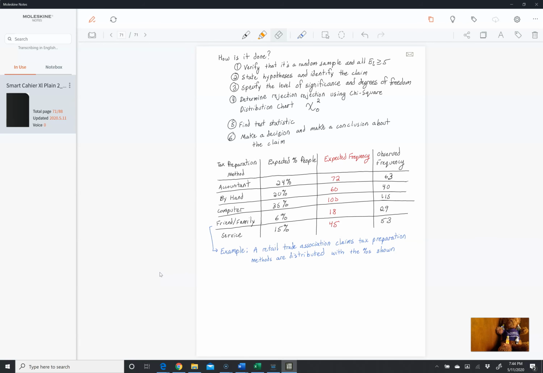Okay, the percents shown. A tax preparation company